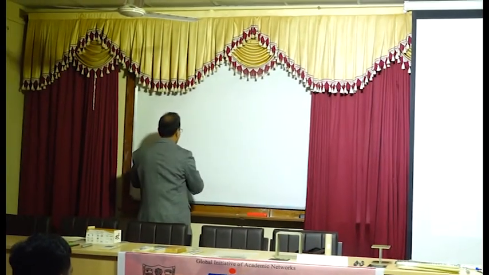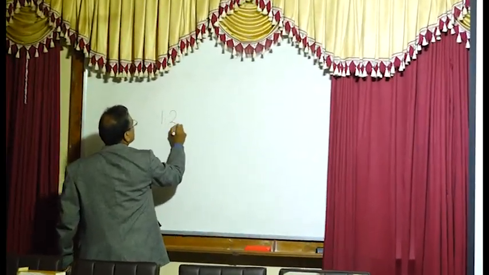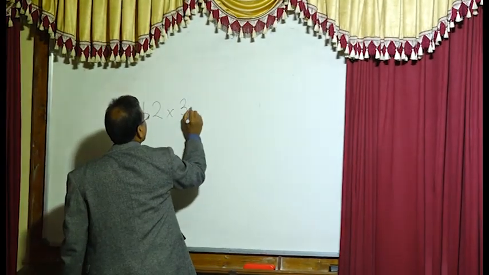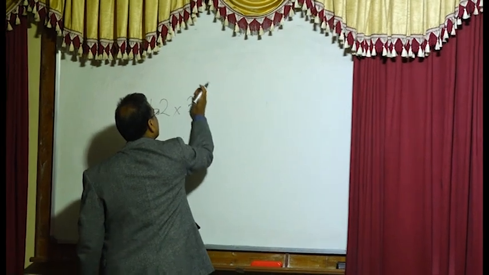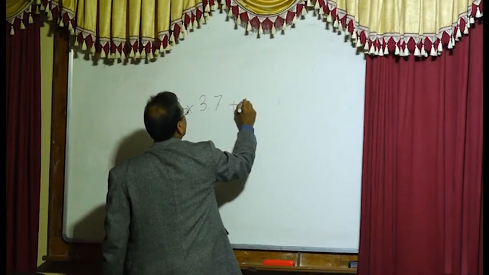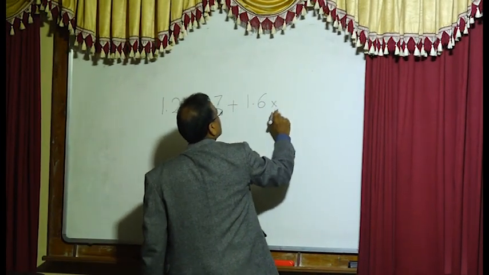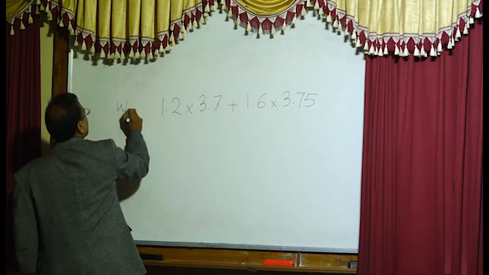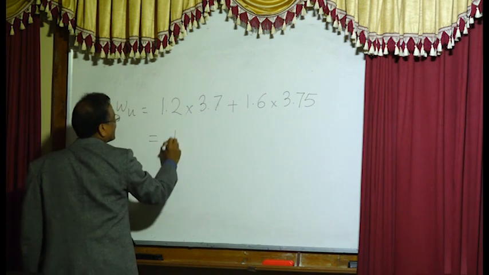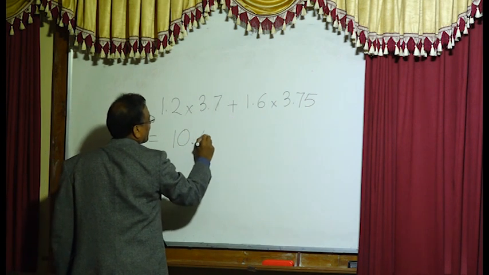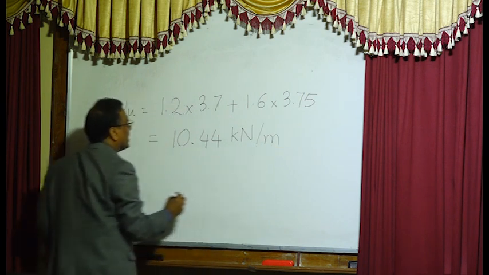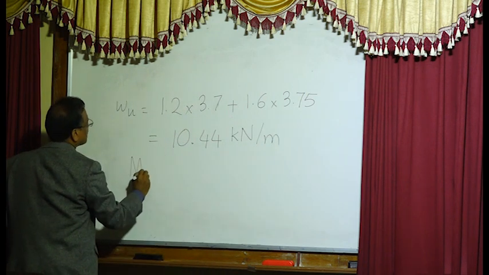It's 1.2 times 3.7 plus 1.6 times 3.75. That's your, how much? Okay, so moment is